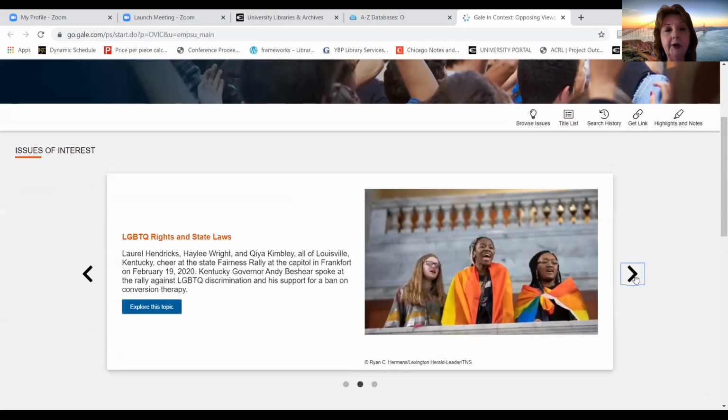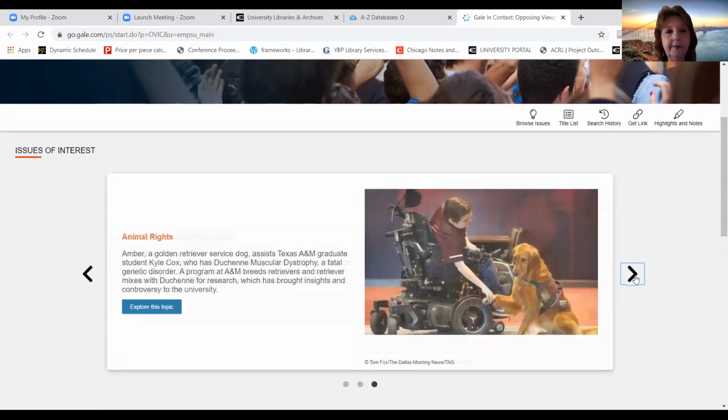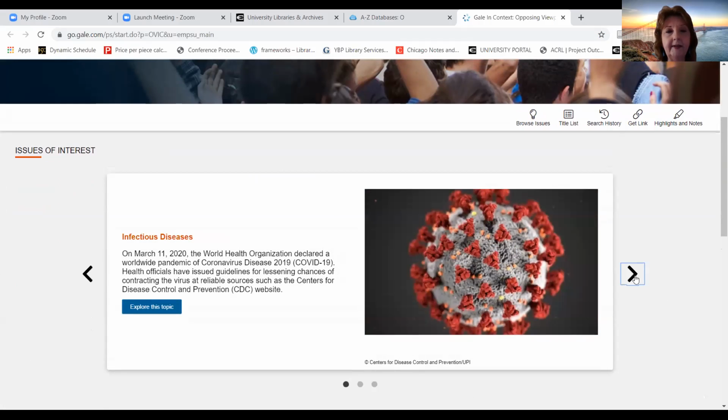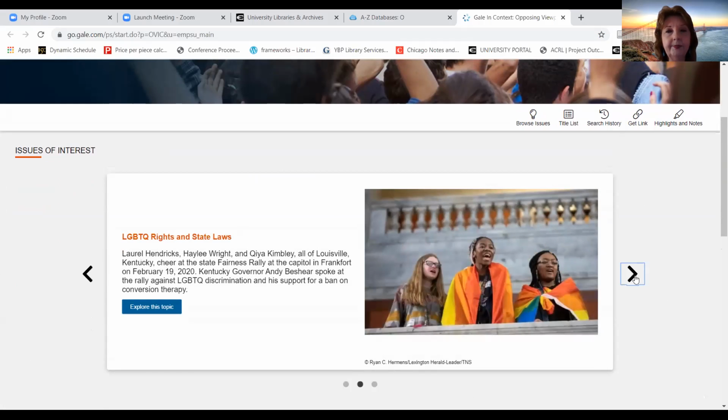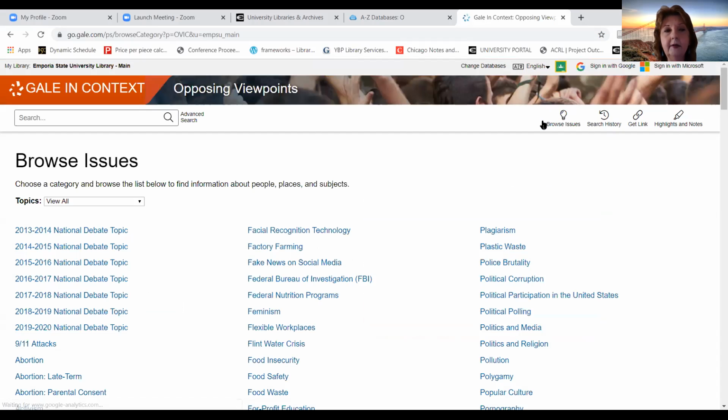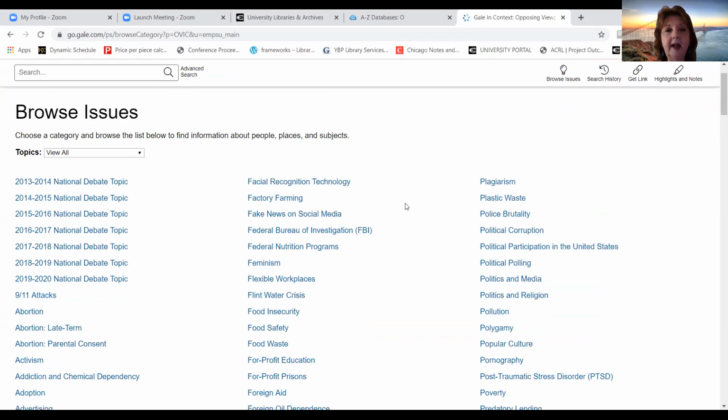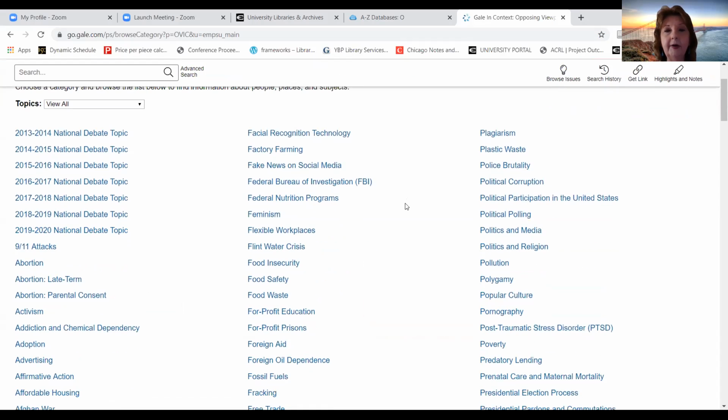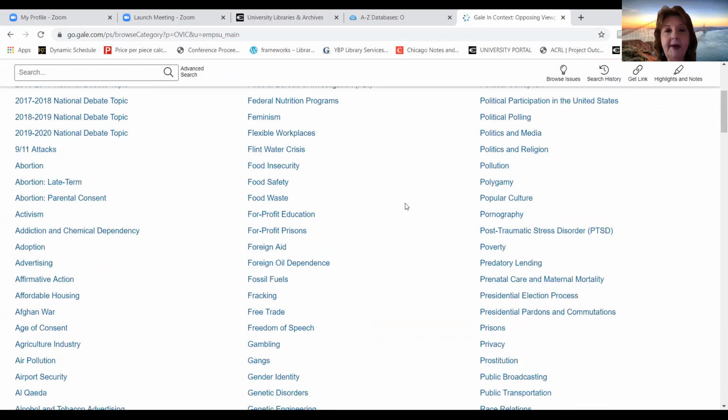But if I click here, this might also help you give some ideas for your Writing for Change essay if you're still trying to think about a topic. And you see there are some really good suggestions here. Or if I went up here to Browse Issues, you can see that there's a lot of different categories that I could browse in that might give me some